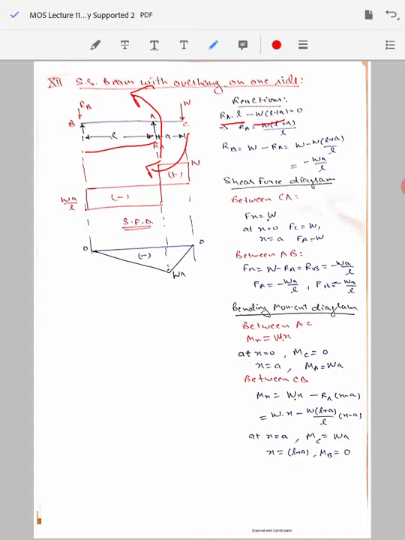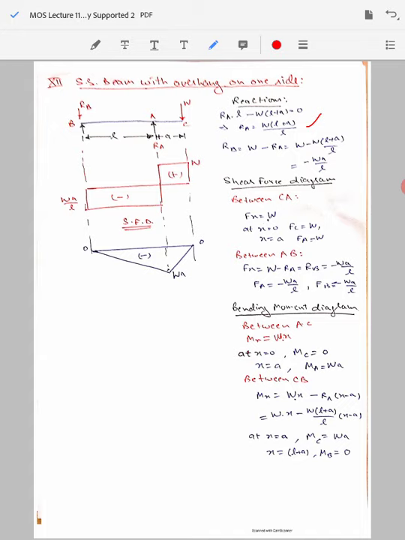The moment of the support reaction at point B about its own point will be 0 because the distance is 0. So these are the only two moments that will be acting on the beam. So their net sum is equal to 0 here, which provides us the value of the reaction of the support RA as W into (L plus a) by L.